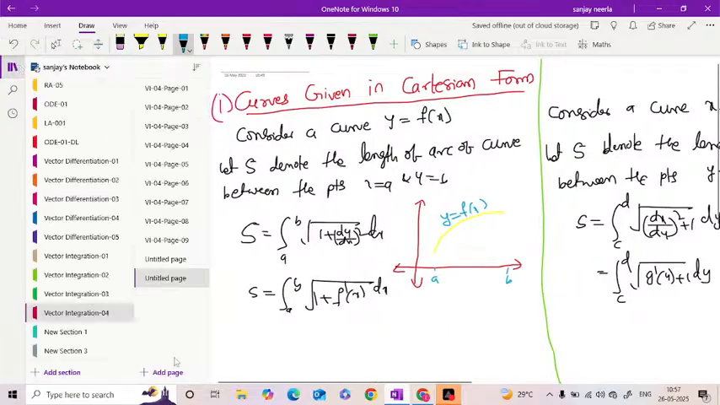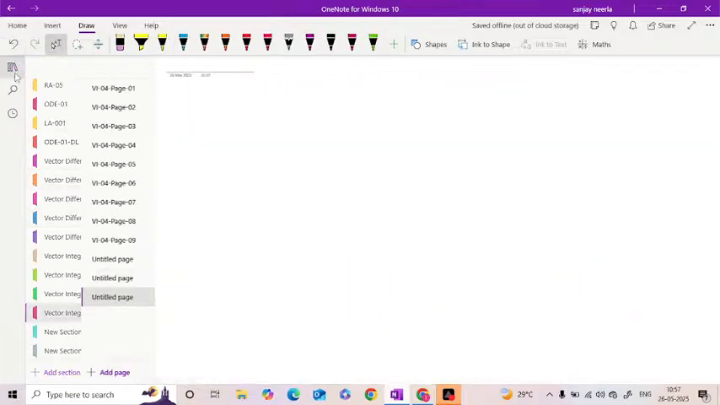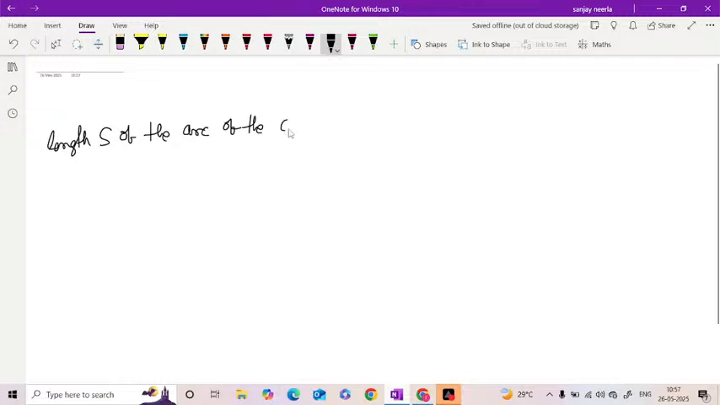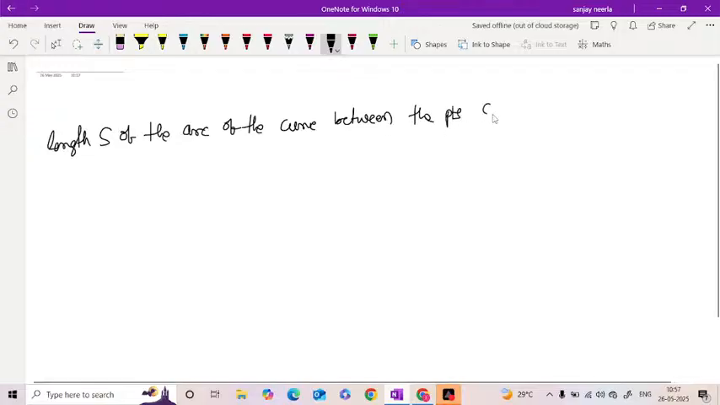And one more way we can easily find the length of the arc. Here I am assuming s be the length of the arc of the curve between the points corresponding to,